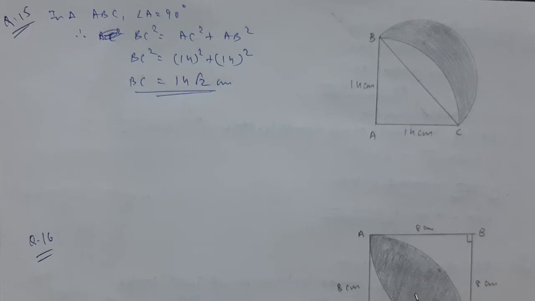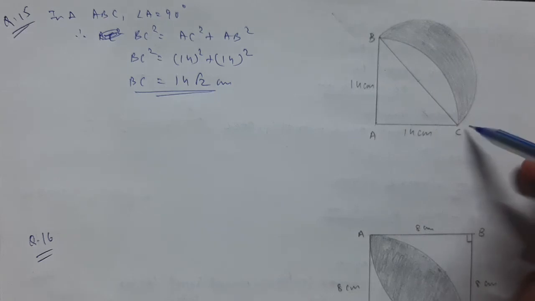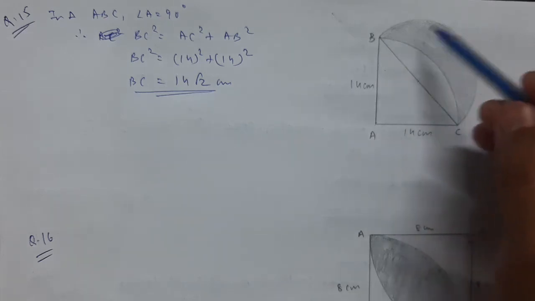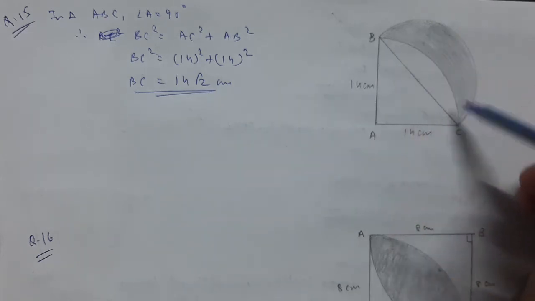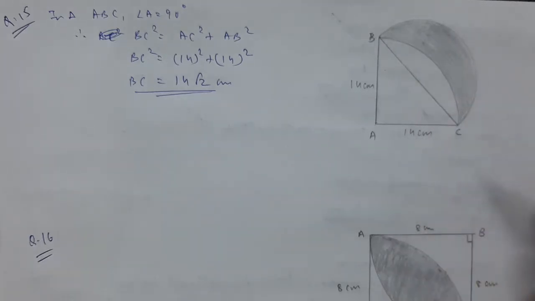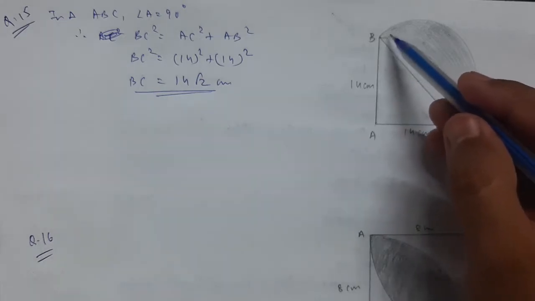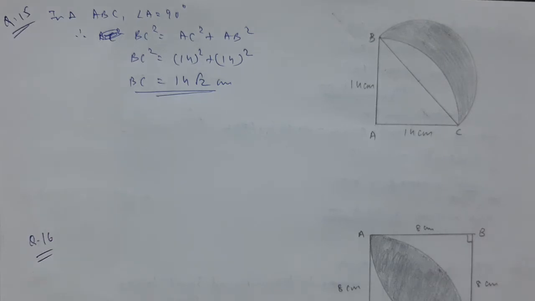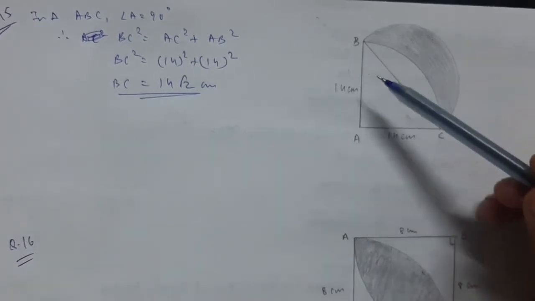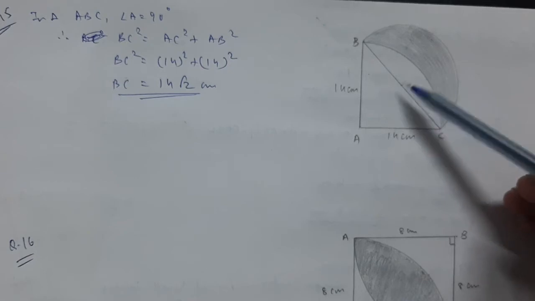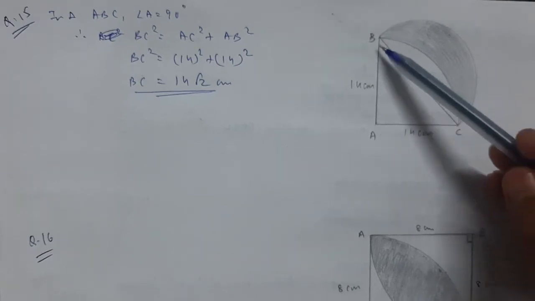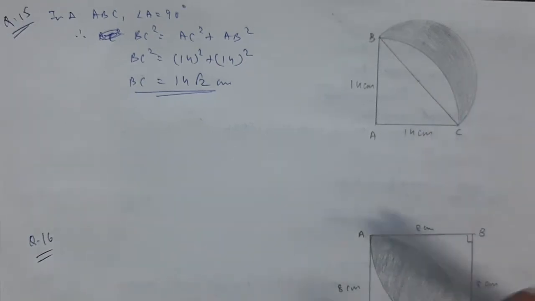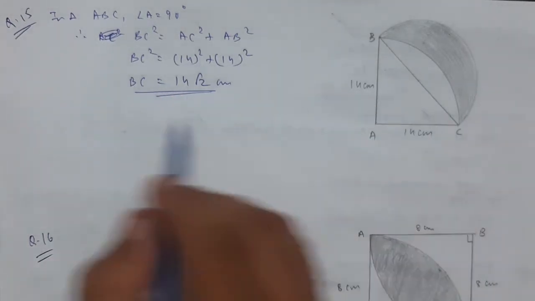Now the main thing is to find the area of semicircle, and from the area of this semicircle we will subtract this segment, so you can find the area of the shaded region. Or in other terms, you can simply add area of semicircle plus area of triangle and subtract area of quadrant. That also we can do. So that will be easier for you, I suppose.